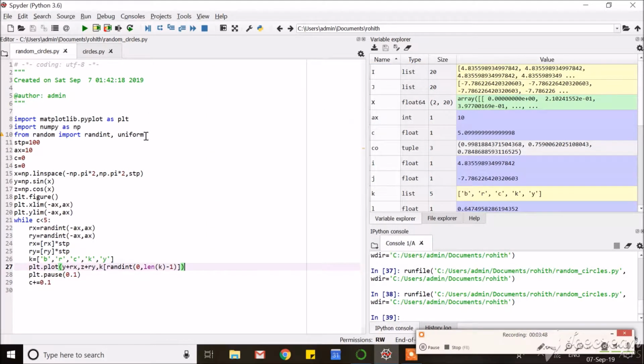Now if you see the uniform function over here, this is just like random, but instead of giving integers it just gives you floats. So what I'm gonna do here is replace this whole string and this whole thing. I'm just gonna take it off, just keep it k, and k will now be uniform 0 to 1,